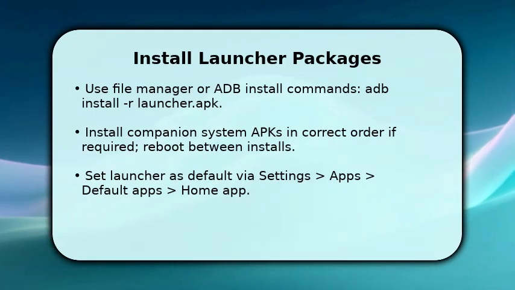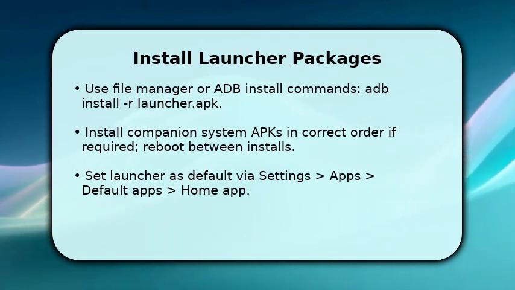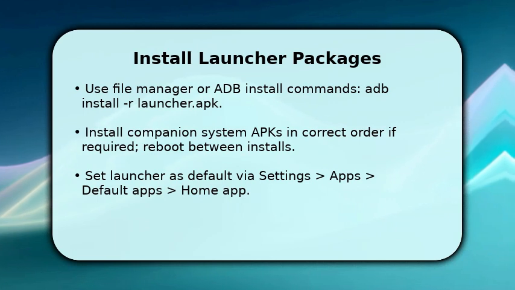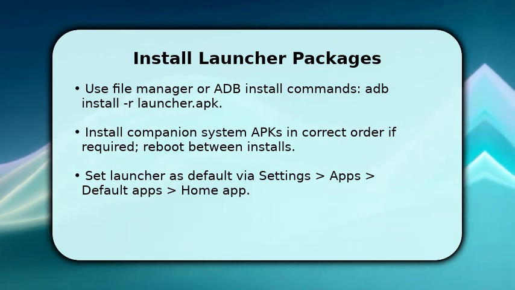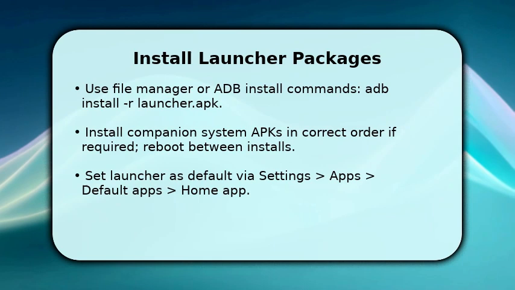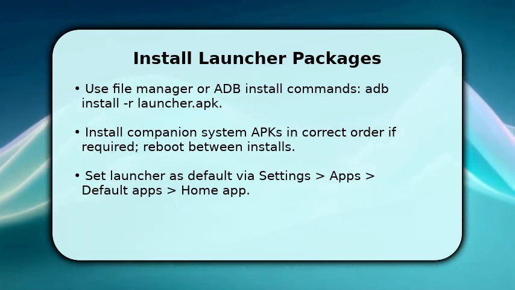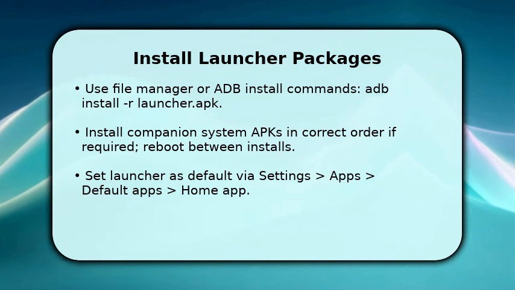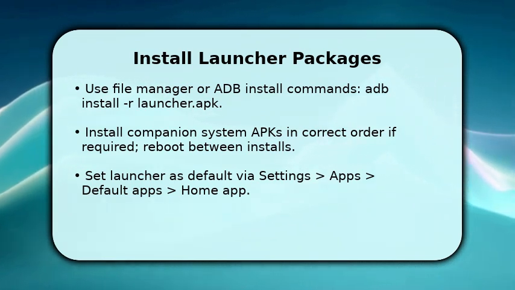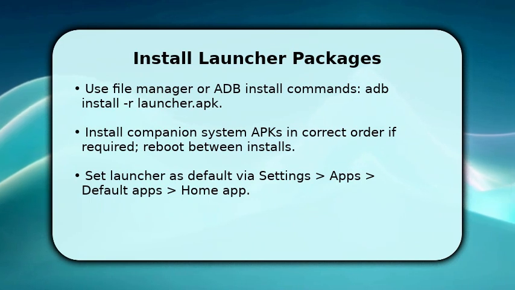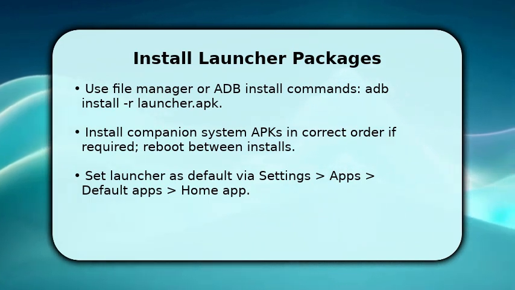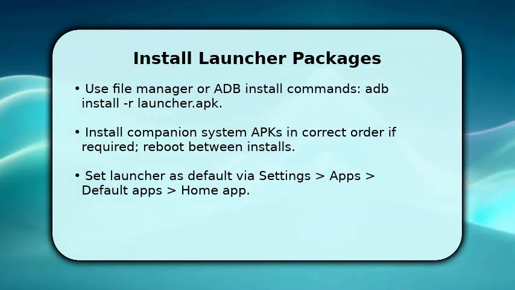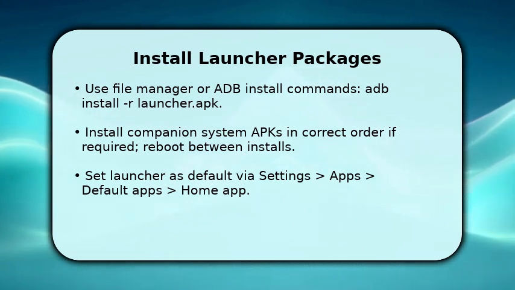Next, install the launcher and any companion APKs carefully so the system accepts them. If using the TV's file manager, navigate to the APK and choose Install. If using ADB, run adb install -r launcher.apk to replace previous versions. Install companion packages in the order recommended by the APK author and reboot the TV between major installs to let services register. After installs complete, go to Settings, Apps, Default Apps, and select the new Home app to activate Google